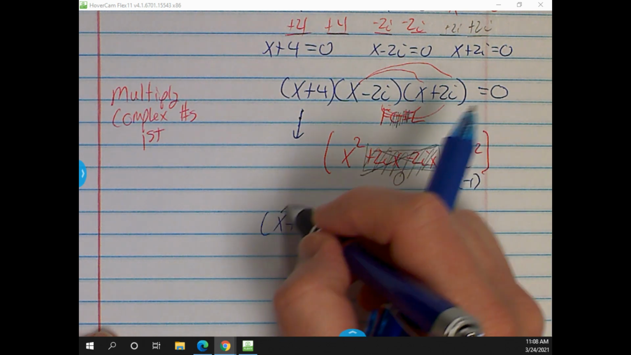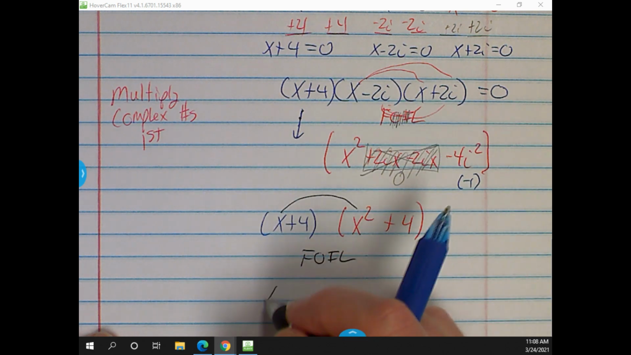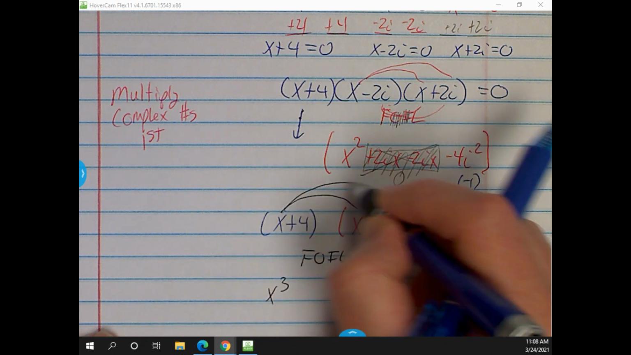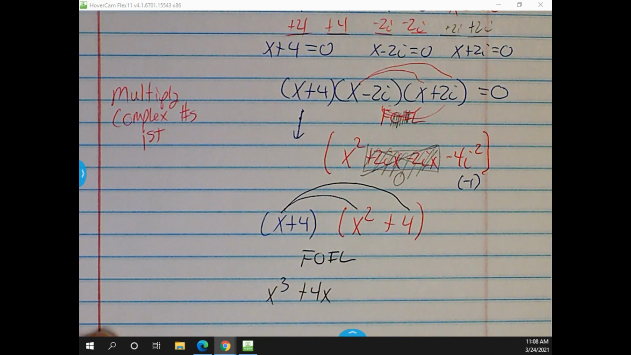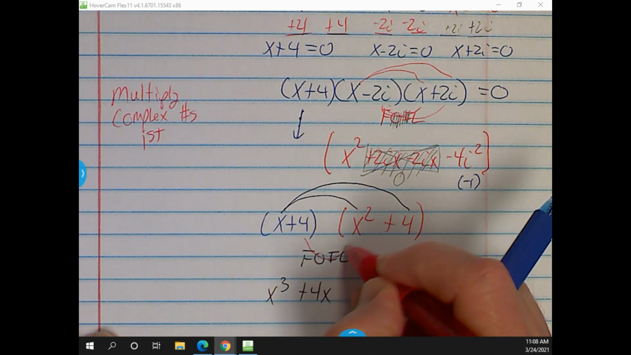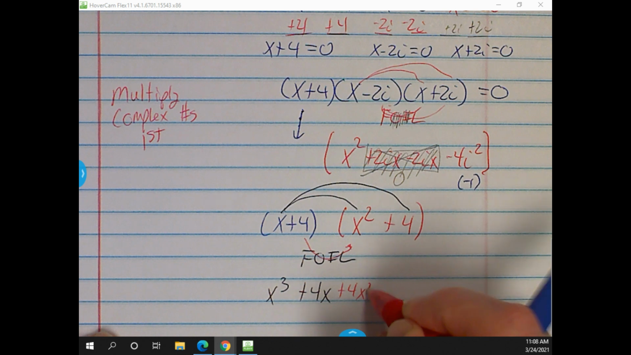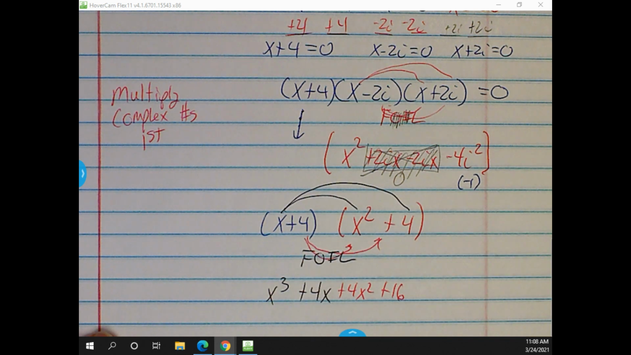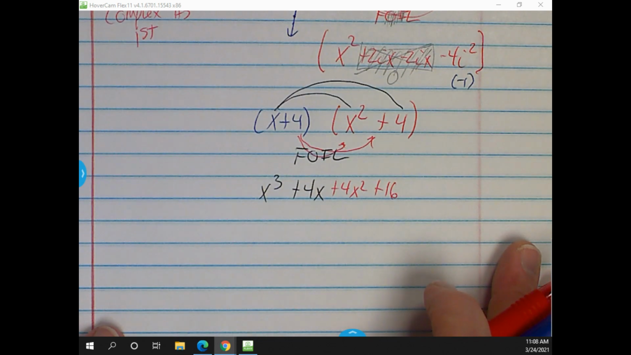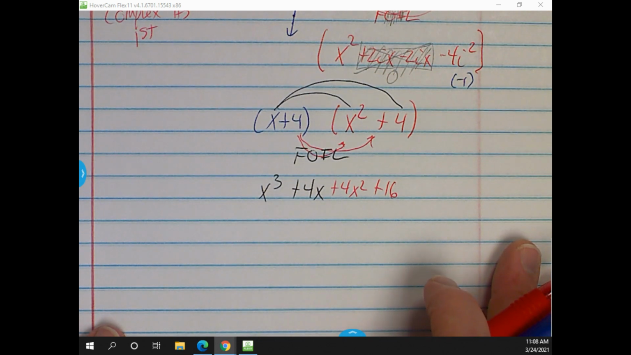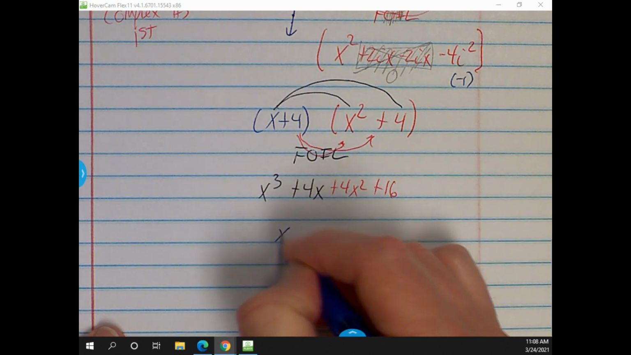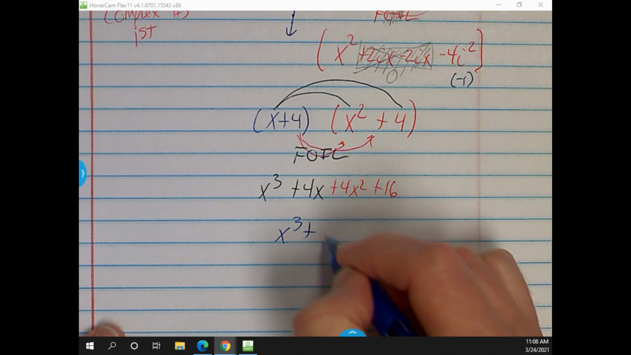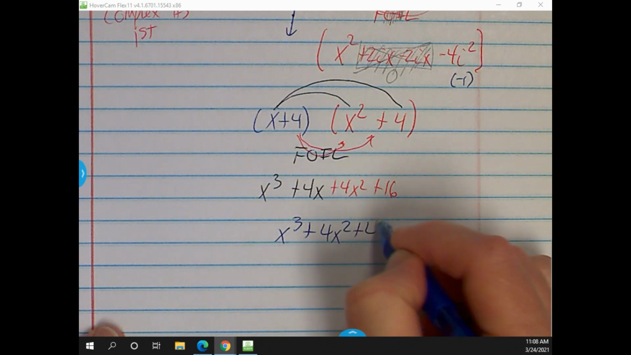All right, so now we've got x times x squared, which is x to the third. We've got x times 4, which is 4x. Then we're going to do 4 times x squared, which would be 4x squared. And then we're going to do 4 times 4, which would be 16. And most of the time on this one, they want you to rearrange it so it's in descending order. So final answer would be x to the third plus 4x squared plus 4x plus